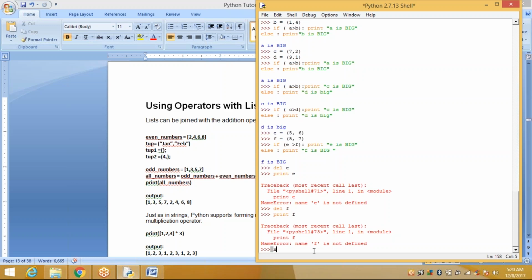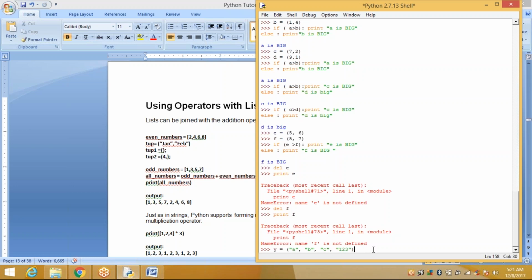Suppose I have a tuple y is equal to a, b, c, 1, 2, 3 like this.